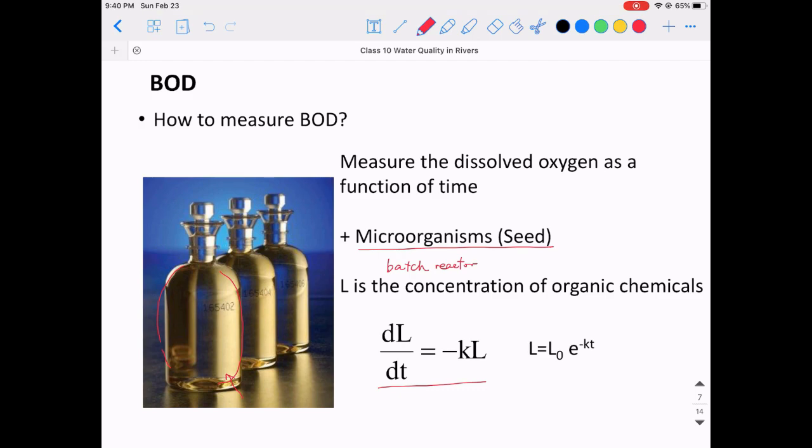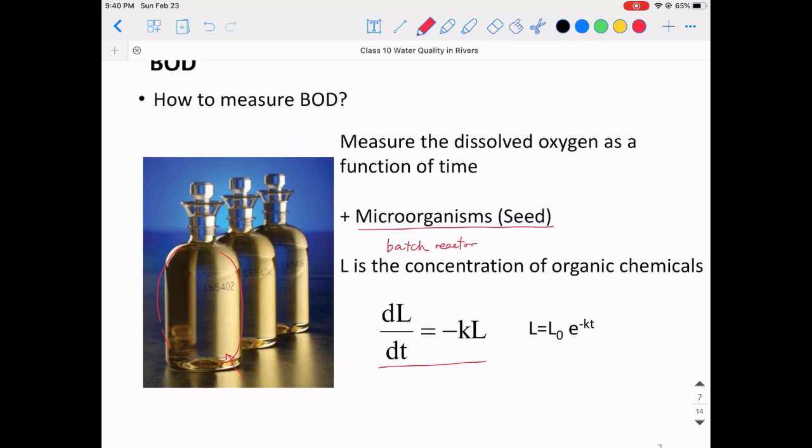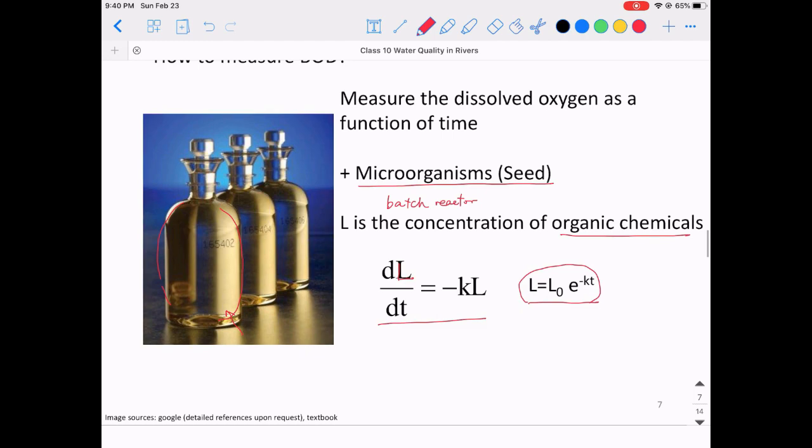This assumes that the consumption of the organic matter is a first order reaction. The concentration of the organics in the water is L, so dL divided by dt is going to be equal to negative KL. This is assuming a first order reaction, and L is the concentration of the organic chemicals. If we integrate this differential equation, we can get the concentration of the organic materials as a function of time. This type of differential equation gives us an exponential decrease